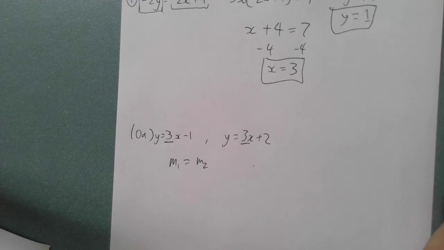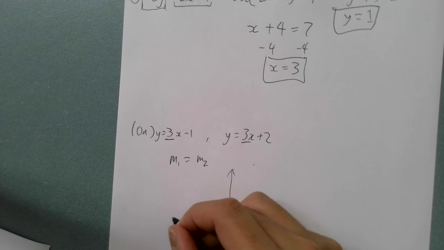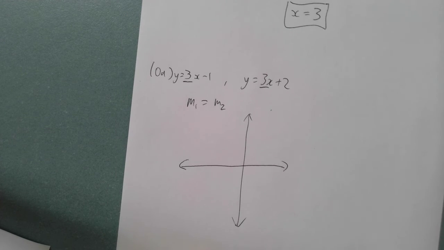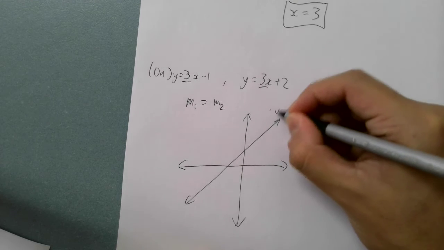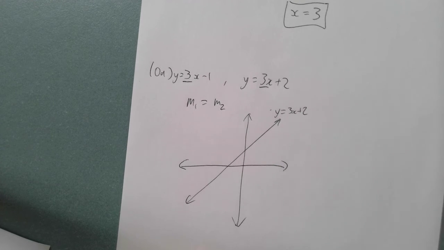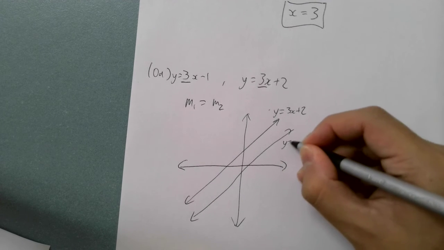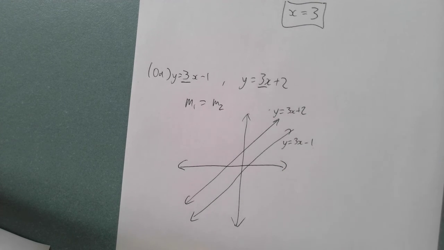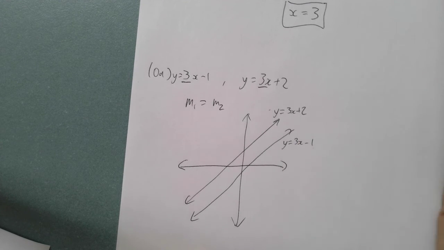Does 3 equal 3? And so if we try and draw these lines on a Cartesian plane, we're actually going to find out that y equals 3x plus 2 looks like this line here. y equals 3x minus 1 looks like this line here. And they will be parallel and actually not have a meeting point, which means we can't actually solve the simultaneous